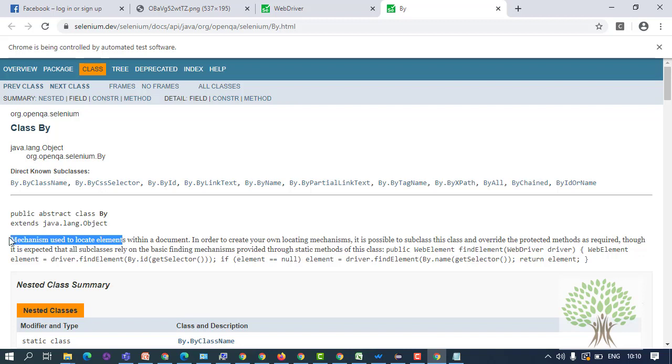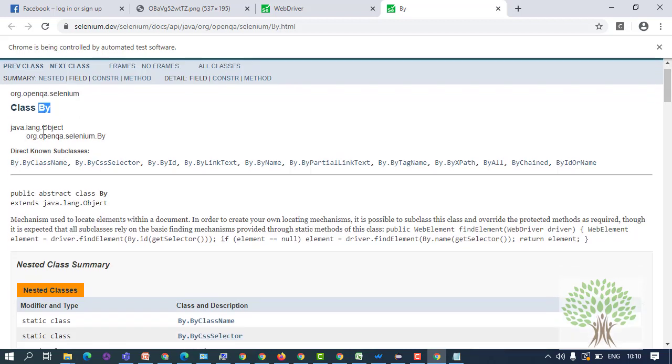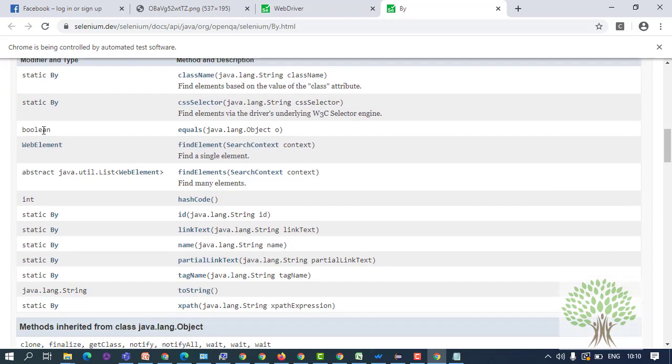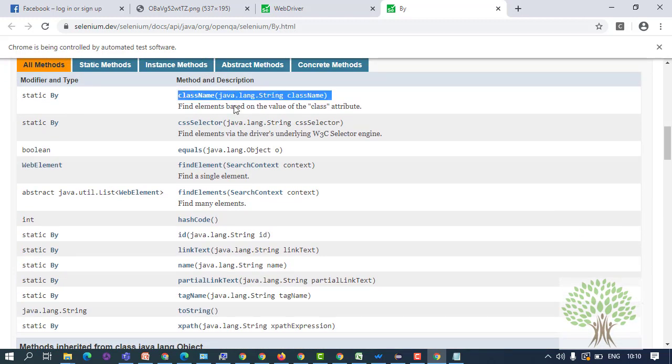There are different mechanisms with which you can identify elements. Those are defined by the By class, and those mechanisms can be class name, CSS selector, ID, link text, name, XPath. Okay, so we will look at that.